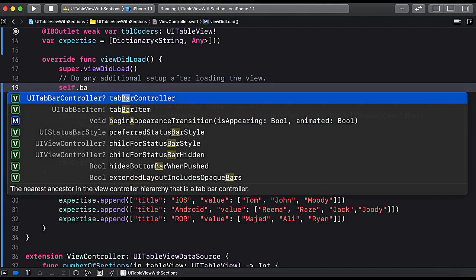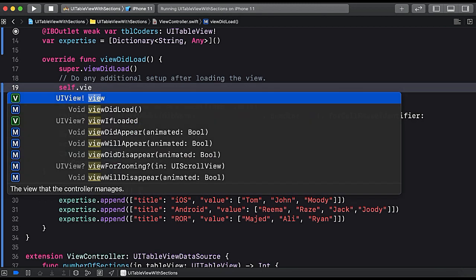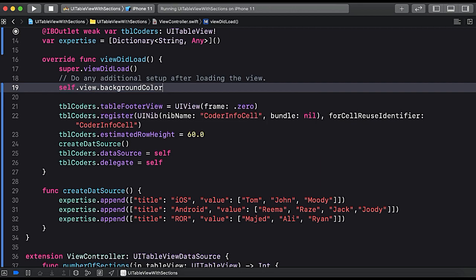So let's self.view.backgroundColor is equal to .clear,